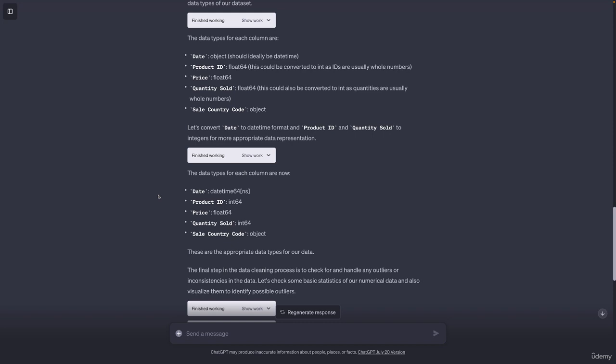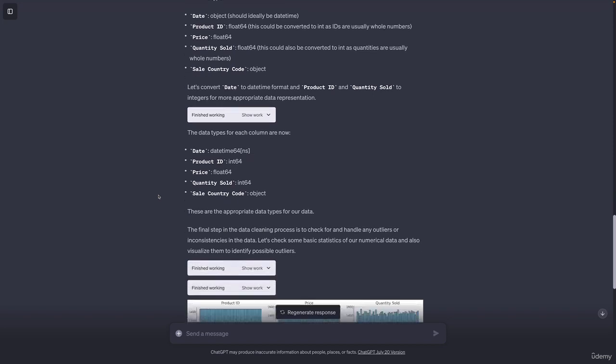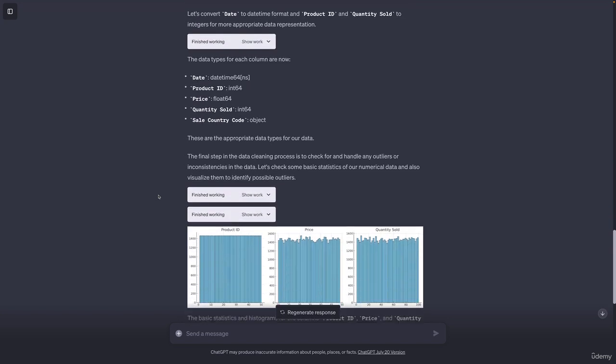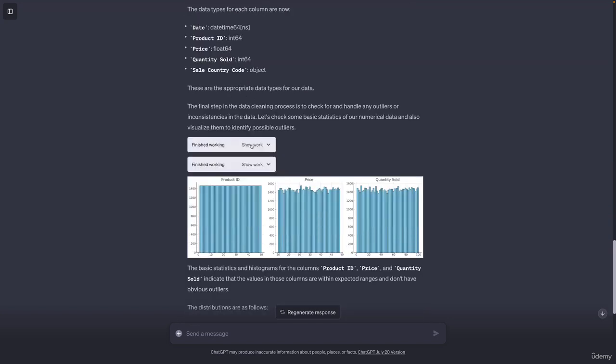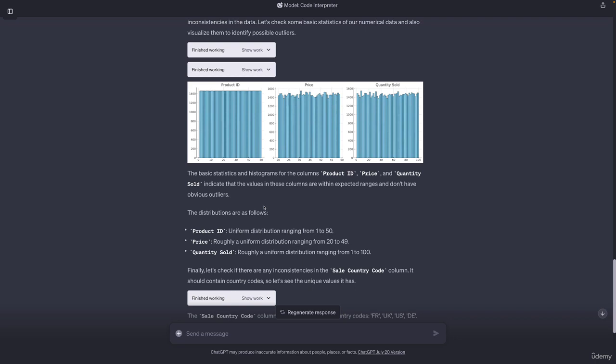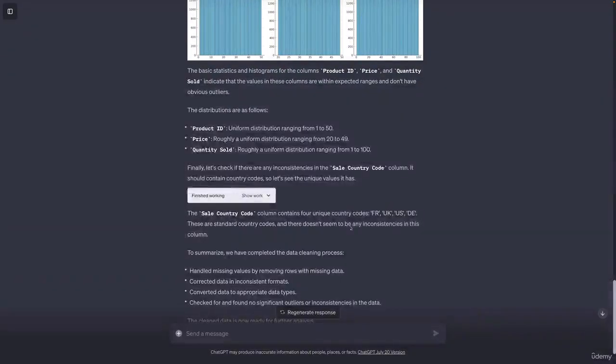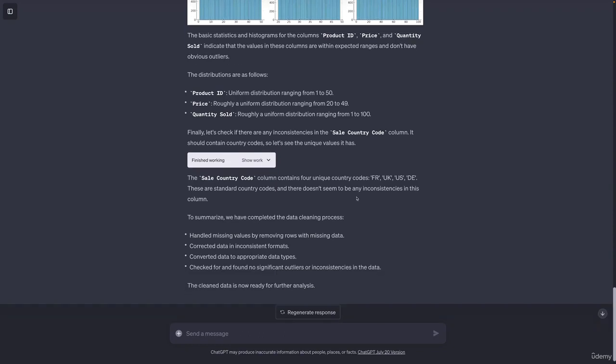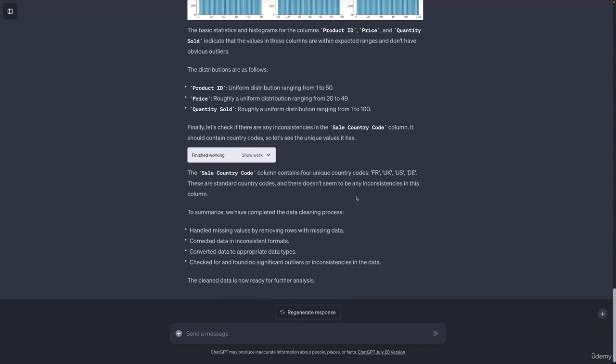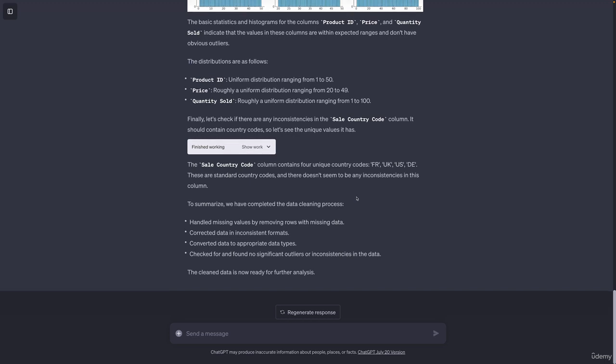At this point, we could stop our data preparation step, but the code interpreter continues even more by checking the data for any inconsistencies. This would allow us to quickly see any unreasonable data in our dataset, which in our case doesn't seem to be a problem. And afterwards, it also analyzes the sale country column to see how many different countries we actually have in our dataset for the respective sales. Finally, we get a quick summary of the steps that were performed, and with that, our entire data preparation is